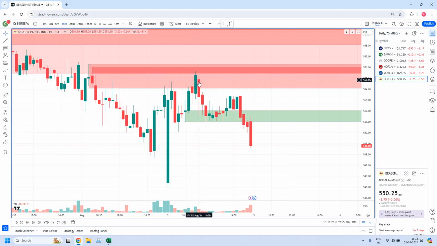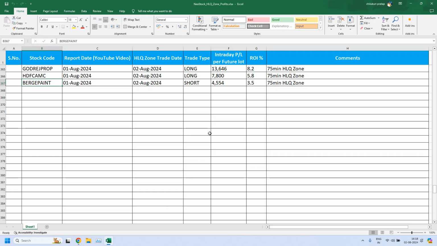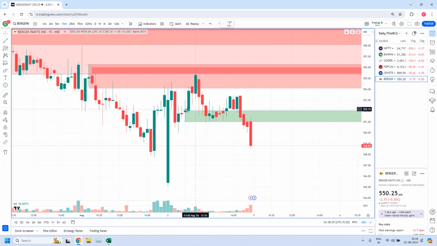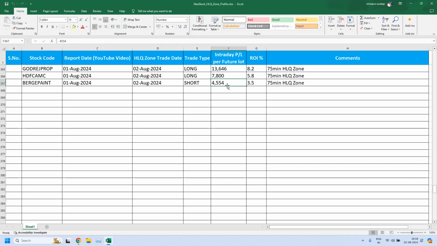It gave an entry and then reached the target in the next candle. Maybe if you would have waited, you would have got a little more extra target also. But anyway, this is good enough for us. And this is the way 4,554 rupees it has given till this 15 minute fine-tuned target area, which is a 3.5% intraday ROI. Okay, this is less than our average intraday ROI of 6%, but still